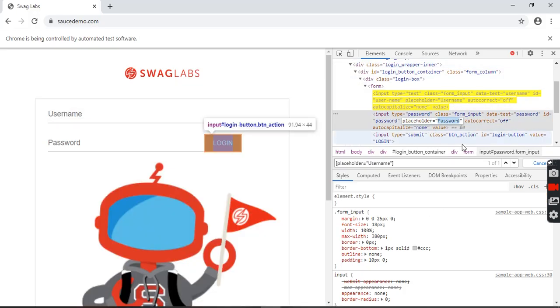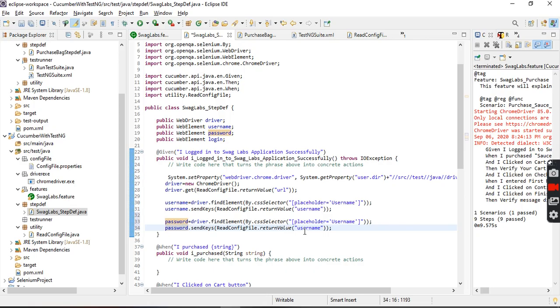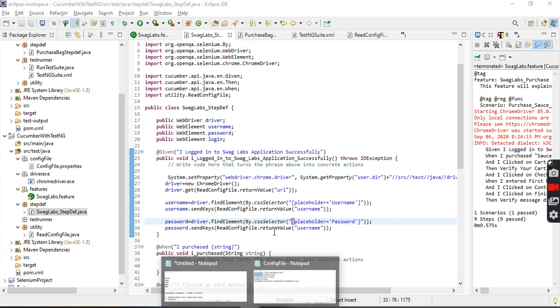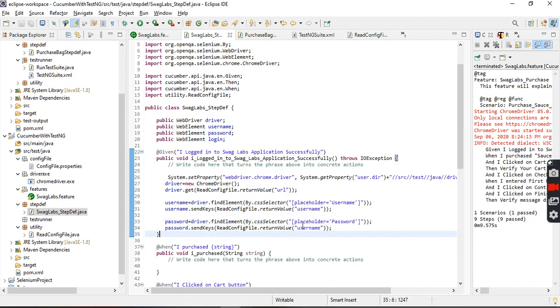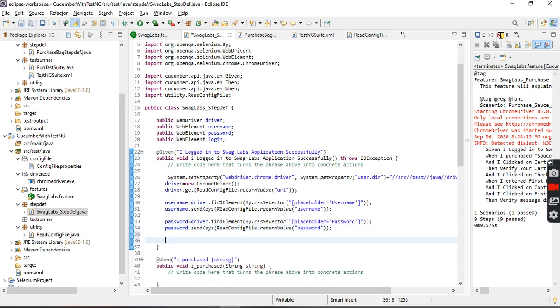Similarly, paste it here. So how to get the password from the particular Excel sheet? Pass the key. This is the key. Okay, fine. So username, password, everything.